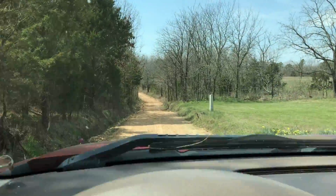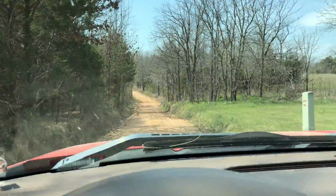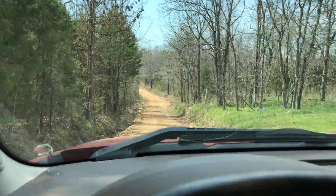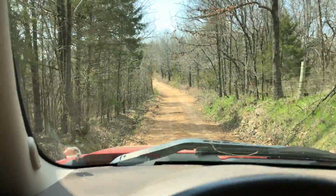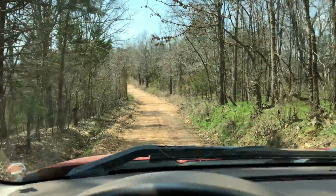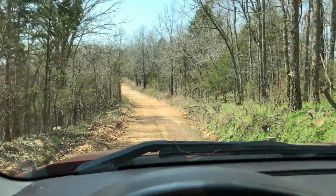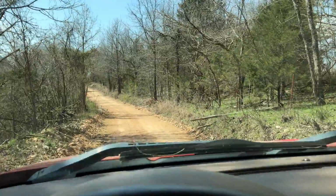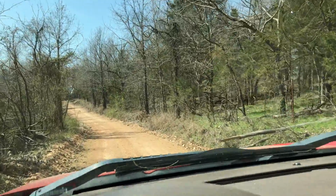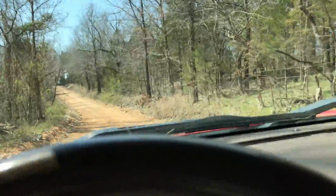You can come two ways to get here. You can come from the north off, I believe, Highway 76, or you can come straight out of Ava, take 14 down to the Veracruz access, and then come up a hill and do it that way. And that way's probably a little longer, at least from Springfield, the way we came. But we happen to be looking at a different property, so